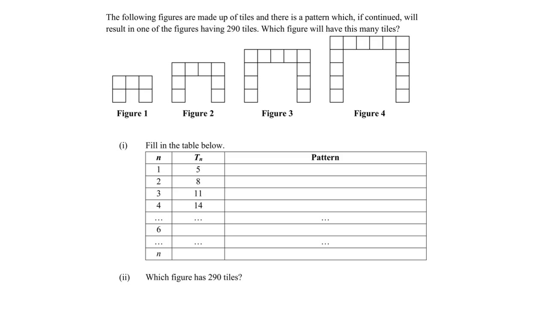So let's zoom in. This table is to help us to find the n term, the general term, so that it will help us to figure out the main question, okay? So if I start to count the number of tiles, for figure number 1, where n is 1, there are actually 5 tiles, and 5 tiles can be written as 5